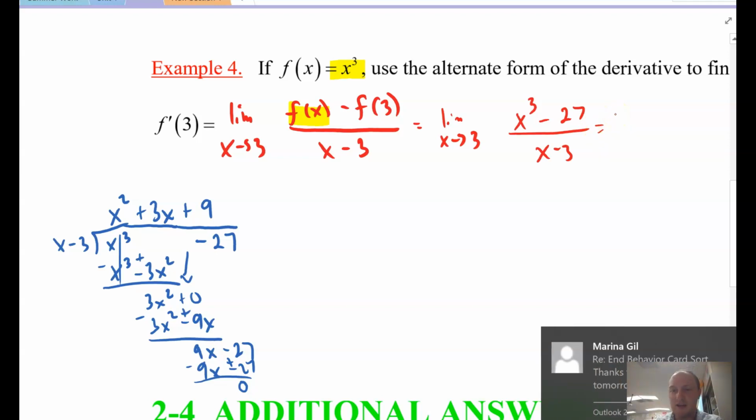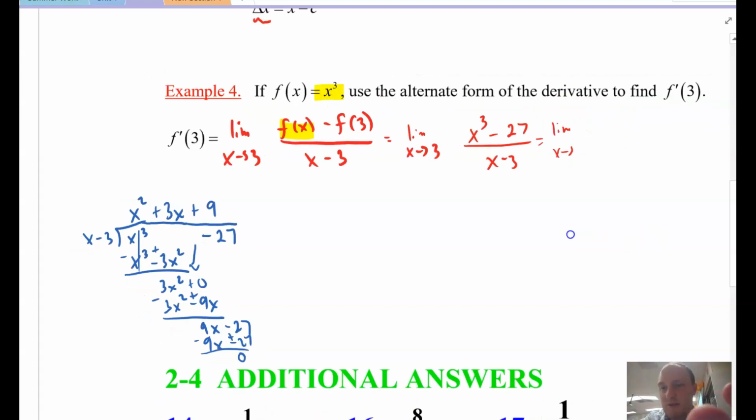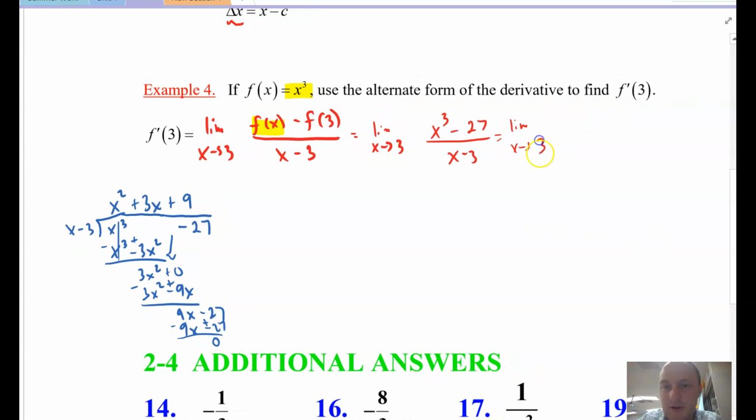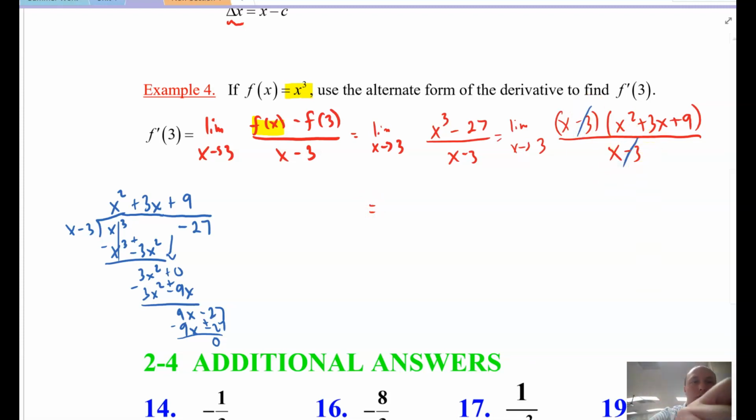So we get the limit as x approaches 3, and I'm just rewriting this numerator. The numerator is now x minus 3 times that quotient, x squared plus 3x plus 9, that helps you factor it, divided by x minus 3, and then we get some cancellation going on. All right, giving us the limit as x approaches 3 of x squared plus 3x